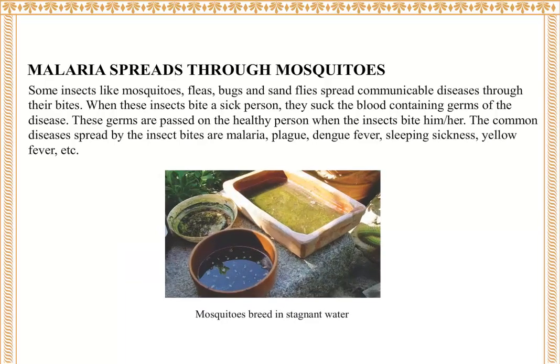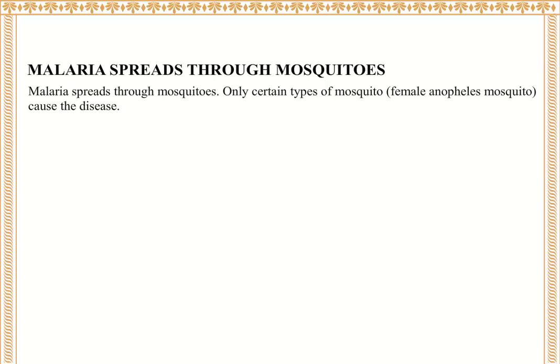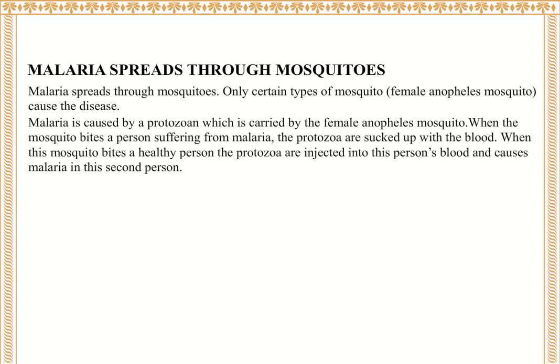Mosquitoes breed in stagnant water. Malaria spreads through mosquitoes. Only certain types of mosquito, the female Anopheles mosquito, cause the disease. Malaria is caused by a protozoan which is carried by the female Anopheles mosquito. When the mosquito bites a person suffering from malaria, the protozoa are sucked up with the blood. When this mosquito bites a healthy person, the protozoa are injected into this person's blood and cause malaria in this